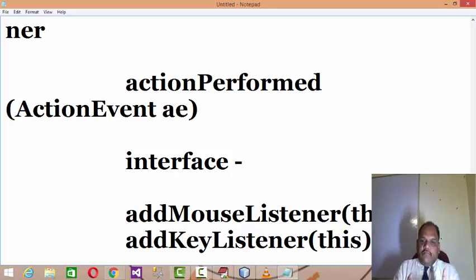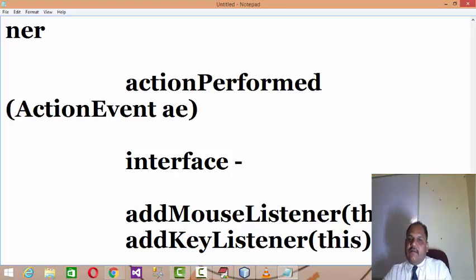Now addMouseListener will start listening. Whenever the user performs any action, the listener will listen to that action, and then it will create an anonymous object of MouseEvent. If the user performs the mouse entered action, it will create the object of MouseEvent and pass it on to the mouseEntered processor.